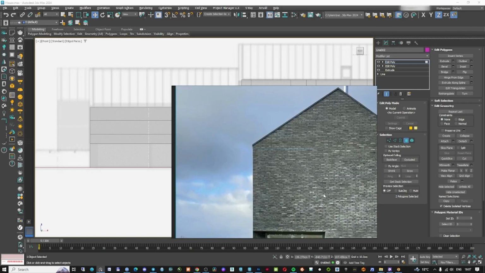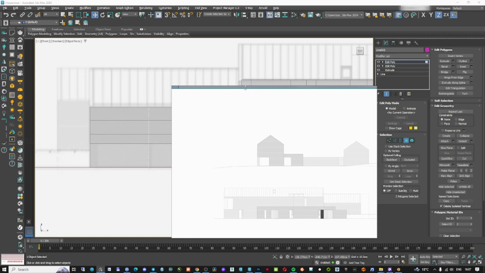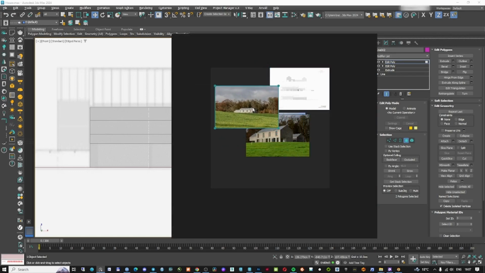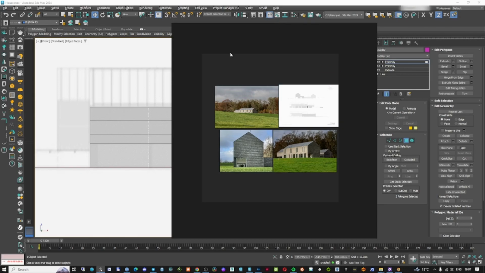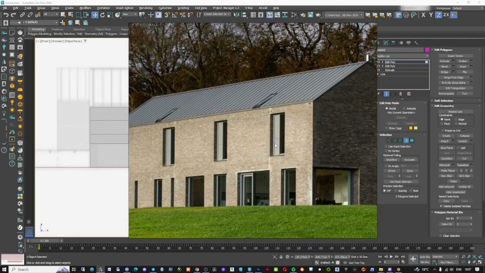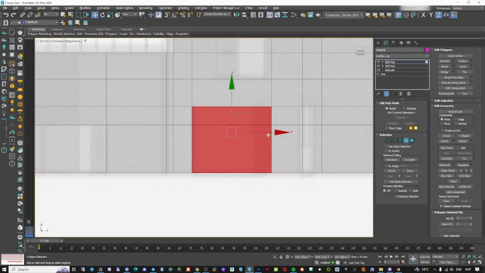And now using the PureRef program that you can find for free, I'm going to leave the link in the description. You can just add your images in there, and it's much easier to use and to see your references all the time. So yeah, as you can see,